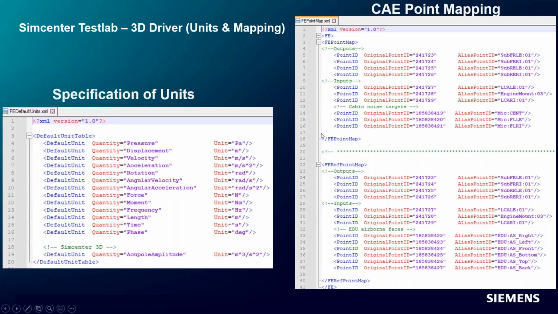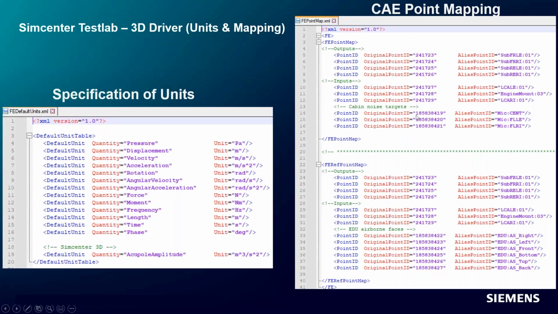And the other thing is the point mapping. As we saw in the Punch file, when we open a Punch file, it will have node numbers just as a number, which we can't relate to physically. So here we have a number, and we can say, if this is what you see in the file, treat it as this. When we see this number, treat it as this node, subframe front left, :1.